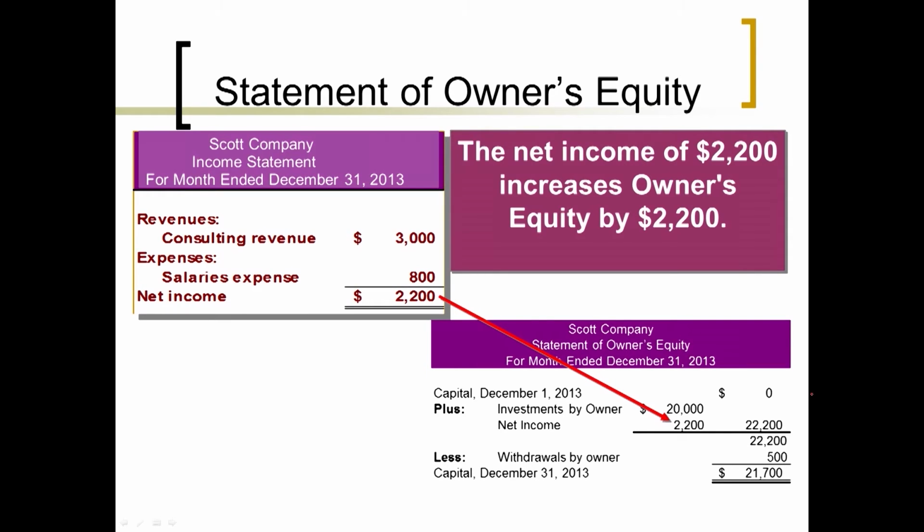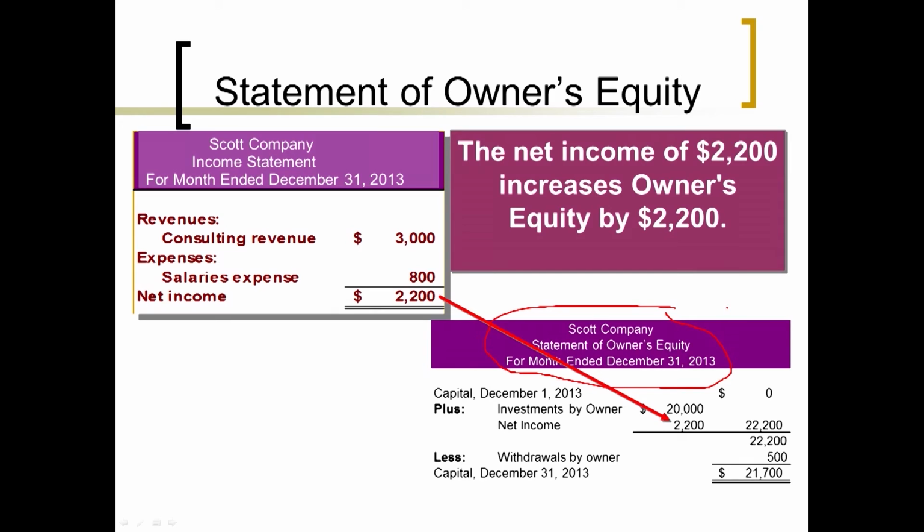Now, this one is also dated or prepared in good form or in proper form. The name of the company, the name of the statement, and once again, dated properly for the month ended December 31, 2013. It'll always be dated the same way as the income statement. And it's real easy to see that this is for the month, right? It shows you the beginning balance of capital, takes you to the ending balance of capital. Make sense?